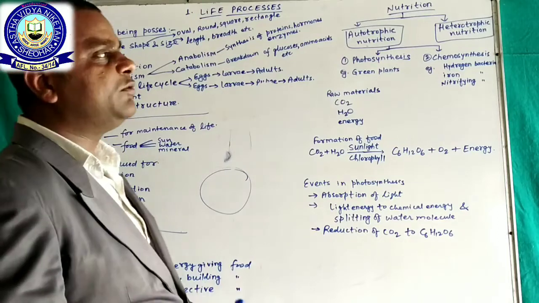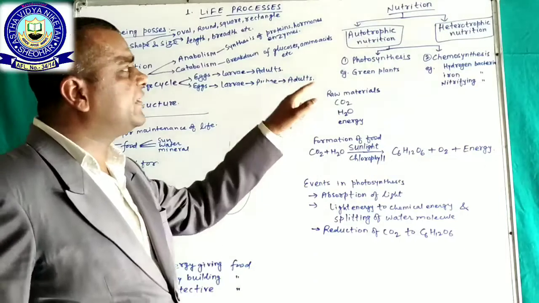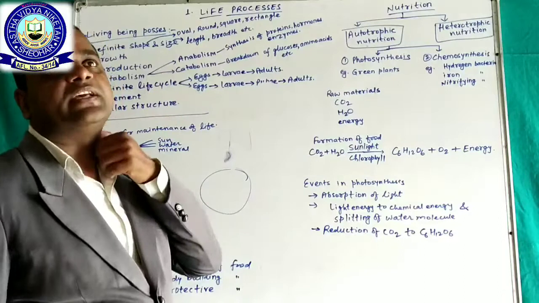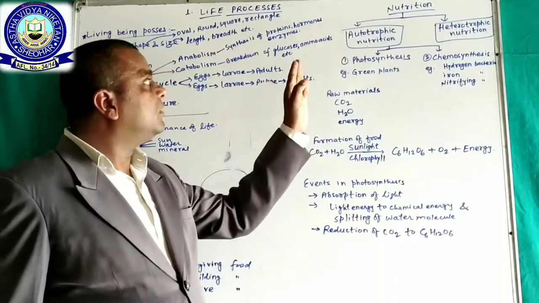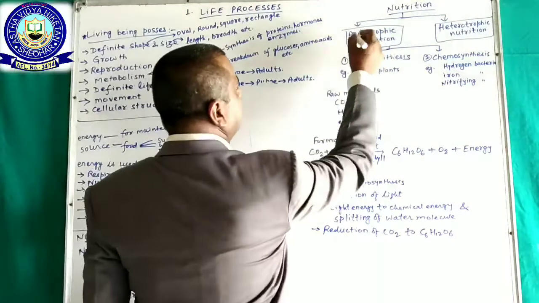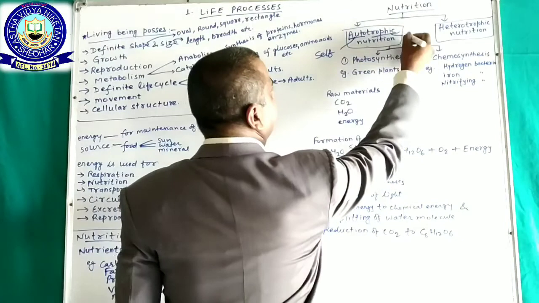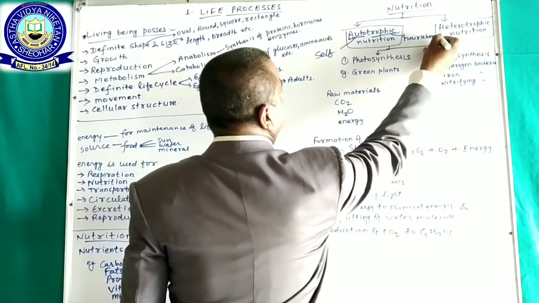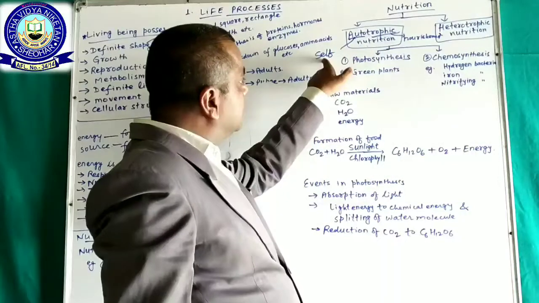Okay, nutrition is of two types. First, autotrophic nutrition, and second, heterotrophic nutrition. In autotrophic nutrition, first we define it. Autotrophic: auto means self, and troph means nourishment. Nourishment means in Hindi